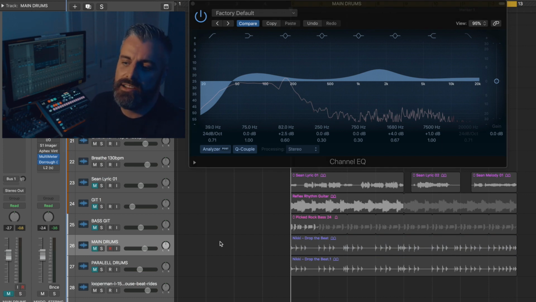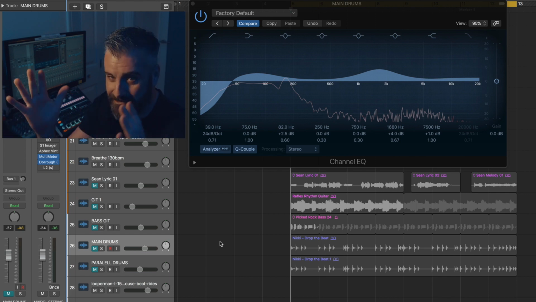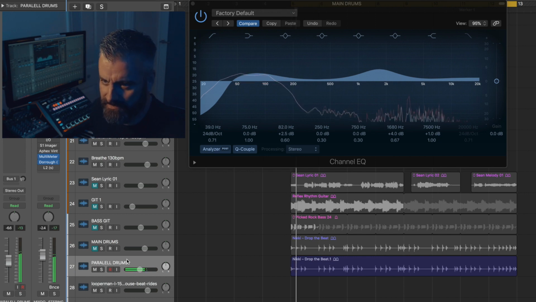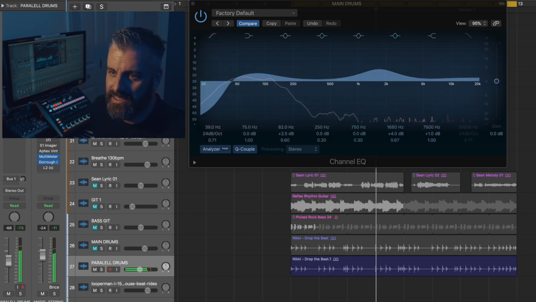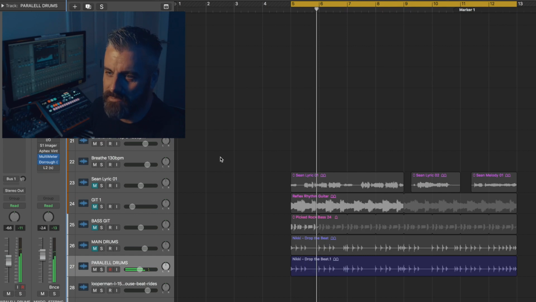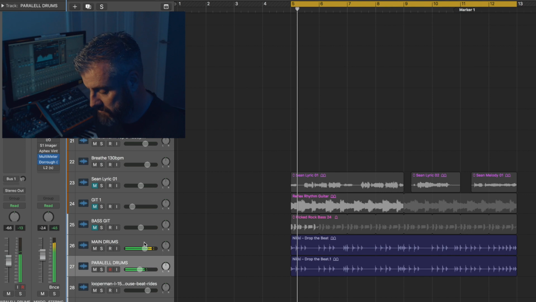So I made a parallel drum track, exactly the same loop, but I went a bit mad. I put a massive reverb on it and then compressed after that, a real big squeeze, like a 30-to-1 compressor. So it sounds like this on its own, which is not very nice. So you can hear that's just a bit of a crazy drum sound which wouldn't really work in its own right. But when you put it with the main drum sound,